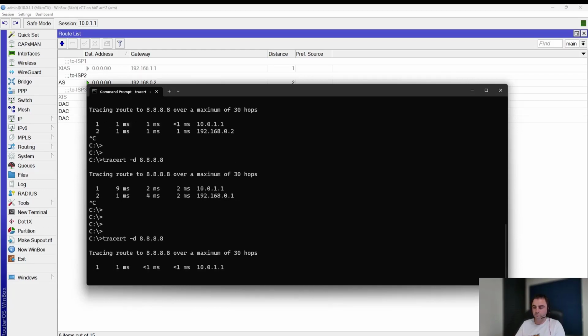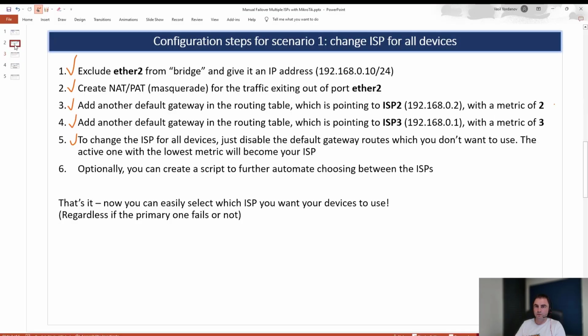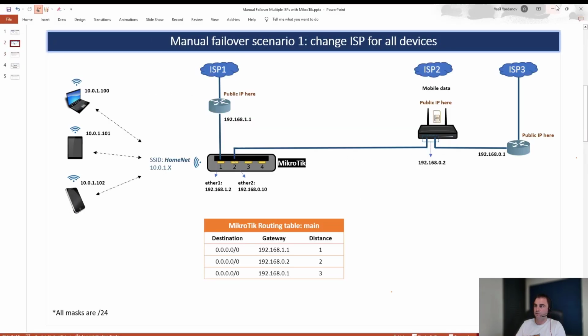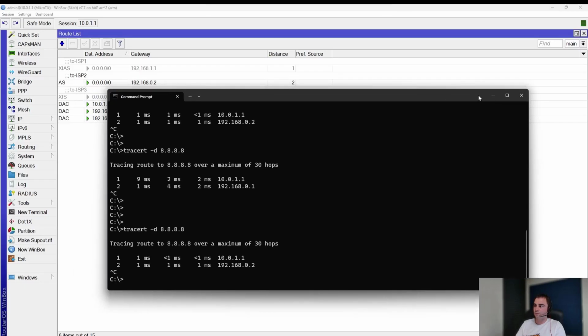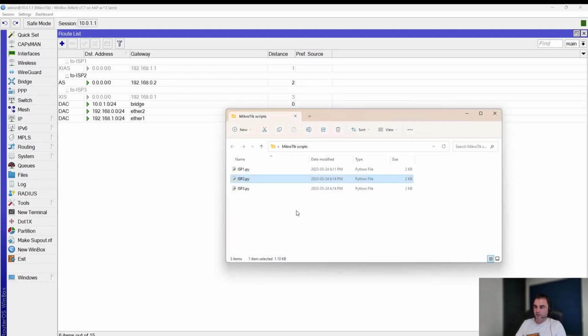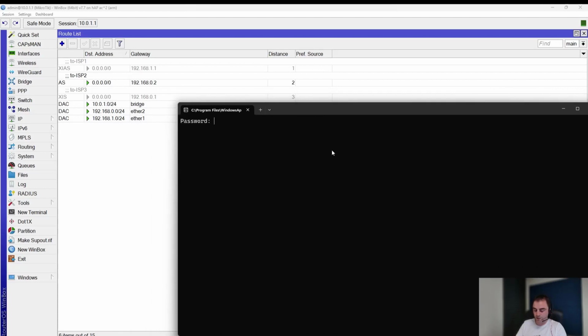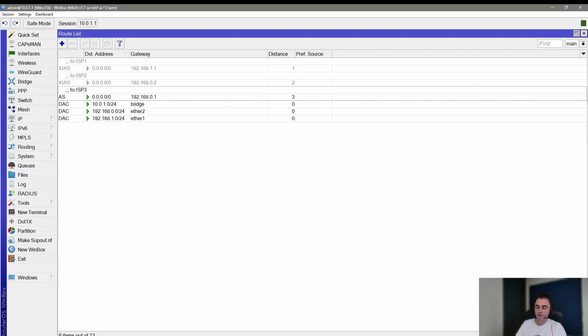Trace route, and the second step is going to 02. Just to see the picture again, 02 is ISP2. So far so good. Let's see the other one. Double click this one, and then I have this window here. Give me your password. Here is the password, using the route to ISP3 now, and you can see here it's automatically enabling one and